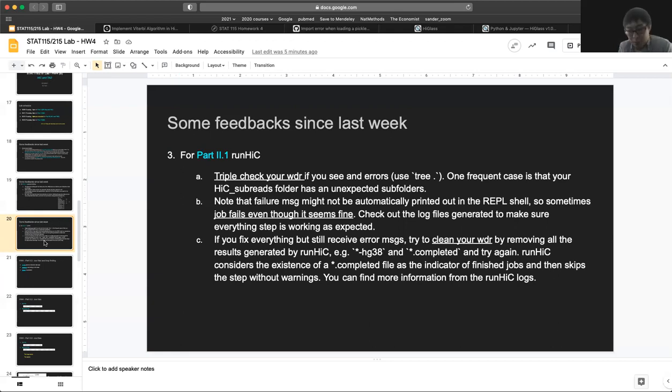Thirdly, and this is another very annoying thing you need to keep in mind: if you made some mistake when you're testing or debugging this run HiC, it might also be the case that you prepared everything, you got everything correct, but your model still failed. That is probably because you failed before, and the run HiC is remembering all these failures. So they consider your last step has been finished,